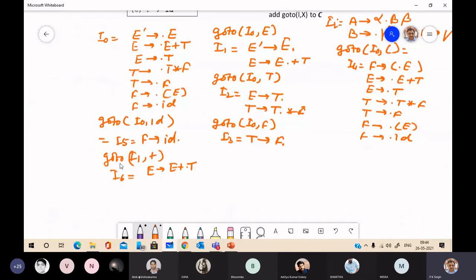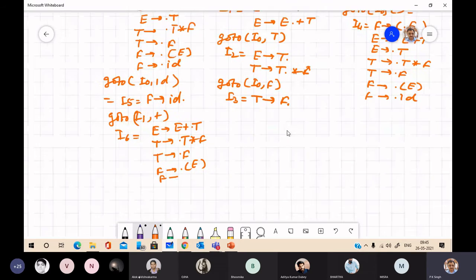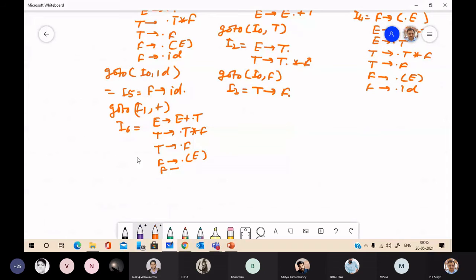So you can add T to dot T asterisk F and T to dot F. Now here you get F, a new non-terminal. Then you have to add F to dot open bracket E close bracket and F to dot ID. This is I6.